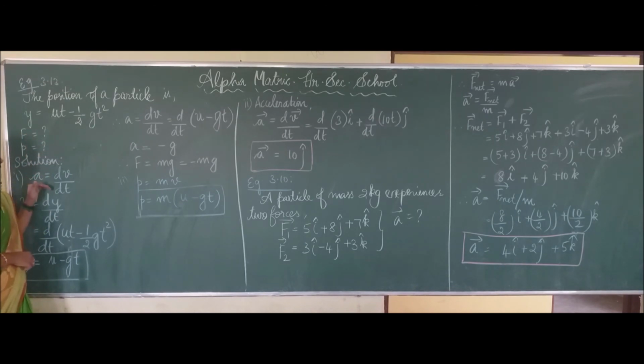So the acceleration formula is what, ma'am? A equal to dv by dt. And the velocity equation is dy by dt. So the velocity equation we can get easily, and then the acceleration. So v equal to d by dt of the y equation, which is ut minus half gt square. So we have to differentiate this equation. Here, ut with respect to time gives only u, minus half gt square. The 2 coming from the square, half into 2 into gt we can get. Yes or no? So this 2 gets cancelled. The remaining term is minus gt. So v equal to u minus gt. Here we got the velocity of the particle.